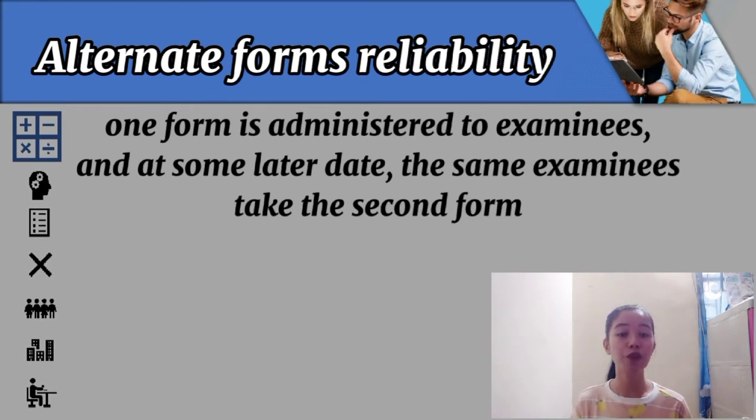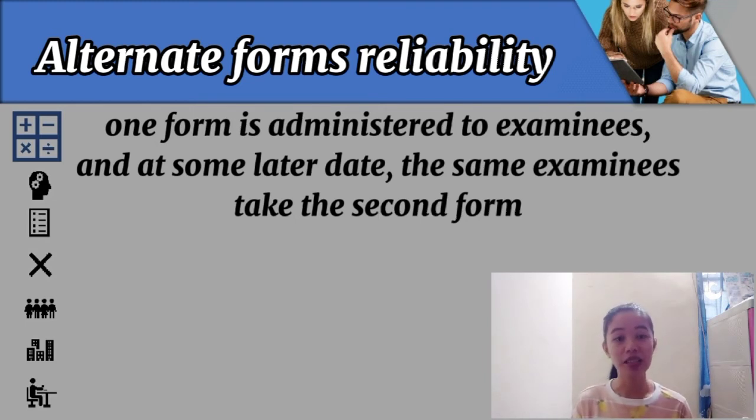If the scores differ dramatically, then something is wrong with the test and it is not measuring what it is supposed to. If this is the case, the test needs to be analyzed more to determine what is wrong with the different forms. In alternate forms reliability, unlike the first one, here it is ideal that the administration of the two forms should be done in a short time span.